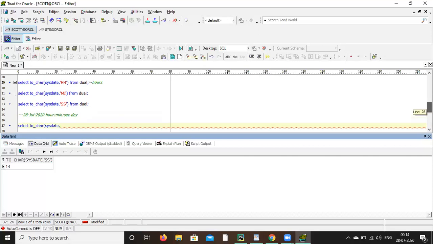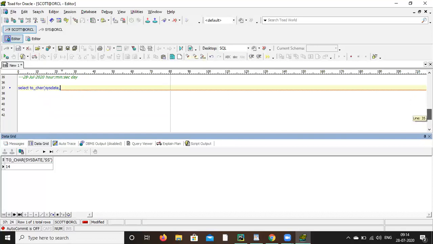Just give the format. That's it. Give single quote. You have to do TO_CHAR, then the date, then within single quote you give the format. That's it. Okay. What is first? 28. How will you get 28? DD. Then I want hyphen. Give hyphen. Then I want capital JUL, right?